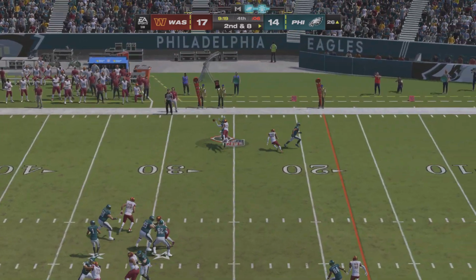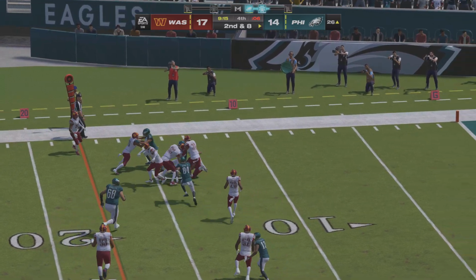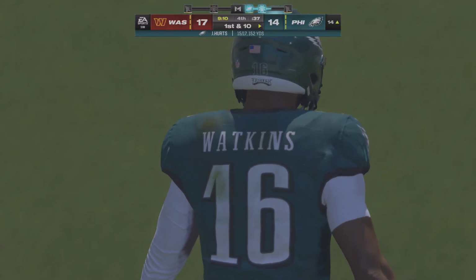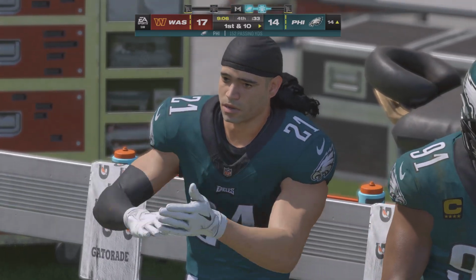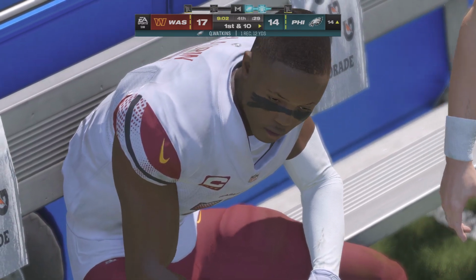Hurts. He finds his man, complete. That's Watkins. And they'll work it inside the 15-yard line before it's all said and done. 12 yards there as they keep this drive rolling. It's another first down. And here we are in the fourth quarter, partner, and watch them drive for what would